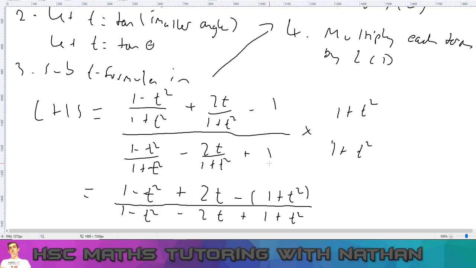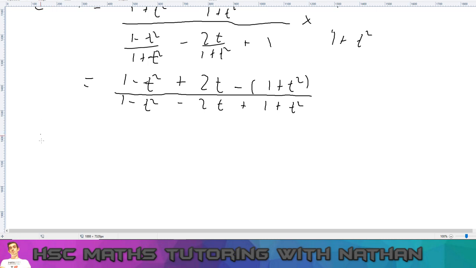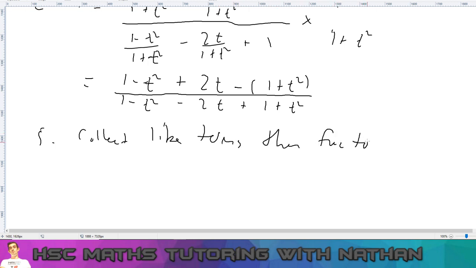So at this stage we can just collect like terms. So step 5 would be collect like terms, then factorize. We always want to factorize first before expanding, if we can. At the moment we can't really factorize anything, so we're still going to collect like terms. Now if you notice here you've got 1, and then this is minus 1, that's gone. I've got minus t squared, minus t squared, so that's minus 2t squared, and I'm left with plus 2t. On the bottom I've got 1 plus 1, so that's 2, negative t squared plus t squared, that's gone, and